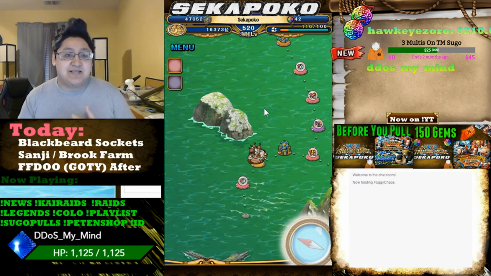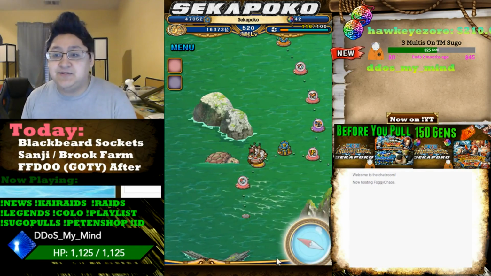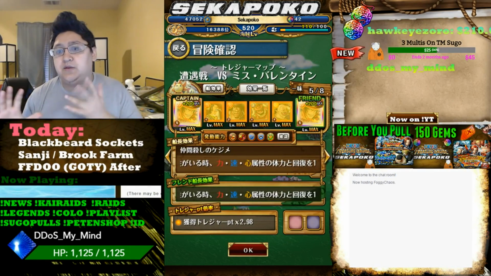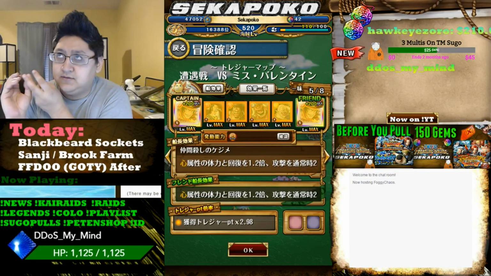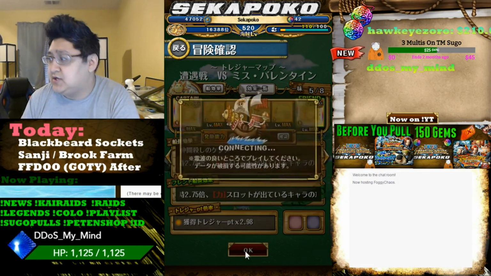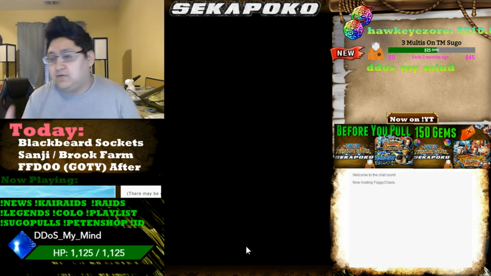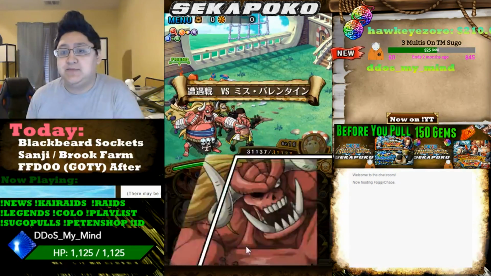Now the treasure mode bosses this time around are a little bit more difficult. They have a lot of stuff, so we're going to go into some of the teams that I use to beat these guys. So for this go around, we're going to be using a treasure mode Ace team with some of the recommended units for this stage on the Valentine and Mr. 5 stage. And the reason we're using this team is because